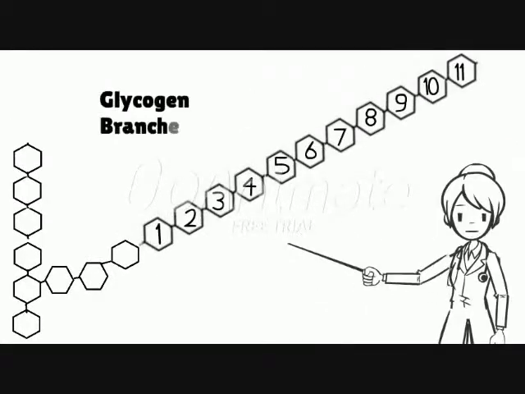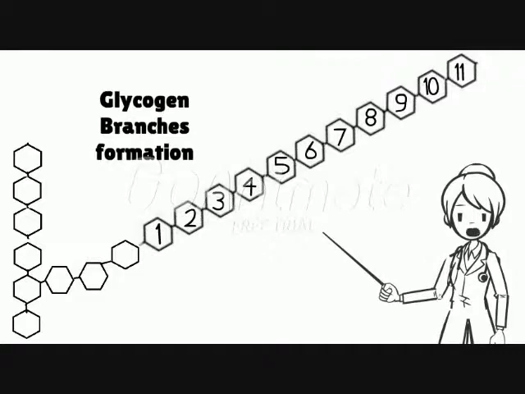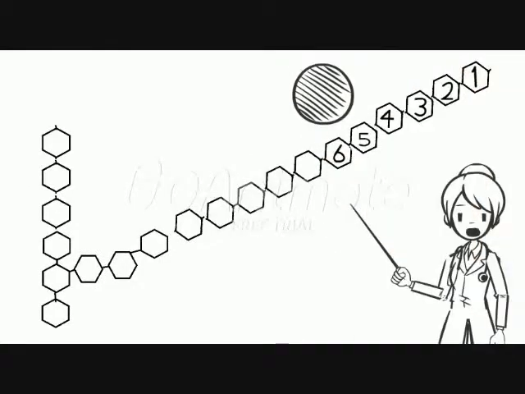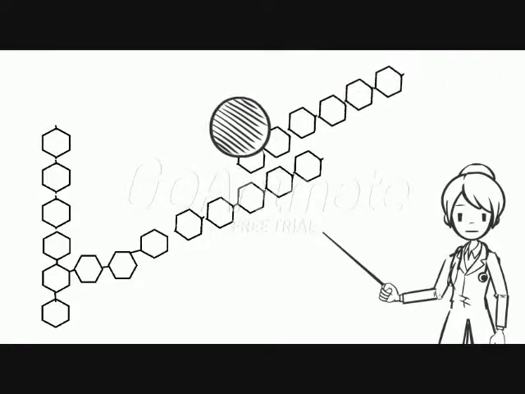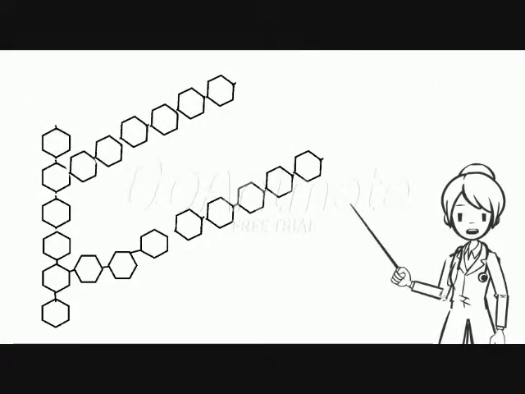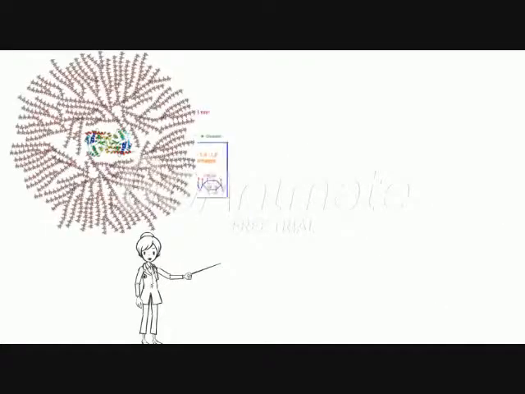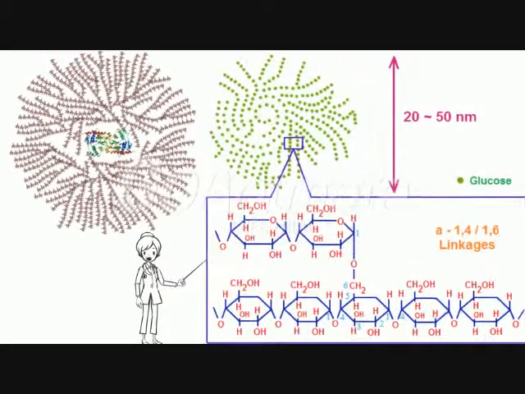When the chain is at least 11 glucose residues long, the branching enzyme will transfer part of the chain, at least 6 glucose residues, to the neighboring chain to form an alpha-1,6 linkage, establishing a branching point. The glycogen grows further with the addition of alpha-1,4 linkages and branching points. It leads to the formation of a new non-reducing end. Besides the existing one, the glycogen chain will be elongated and branched.